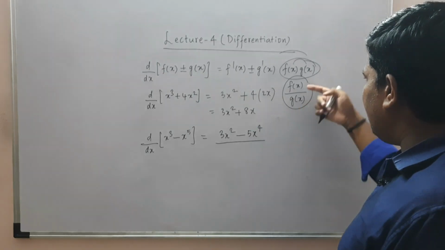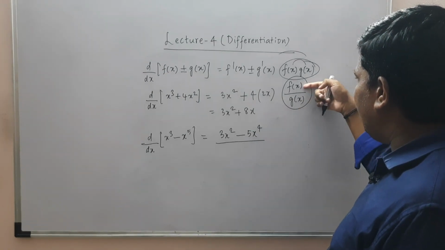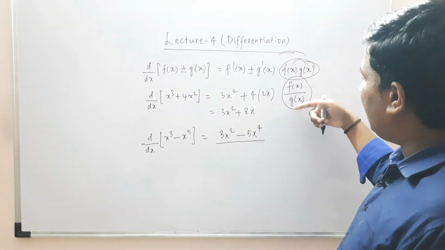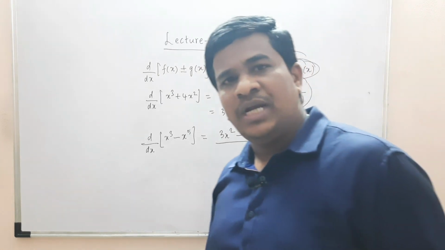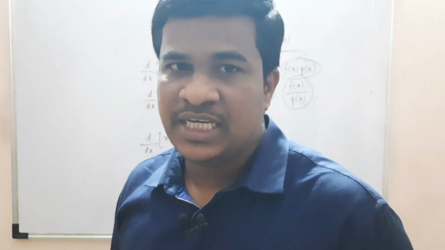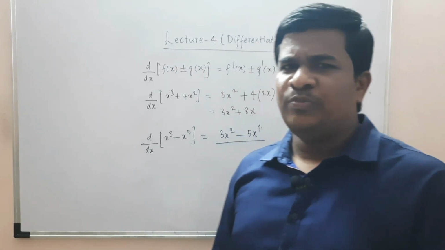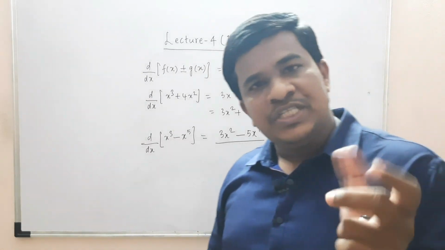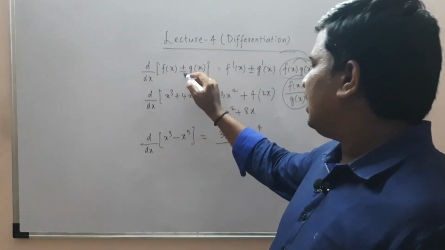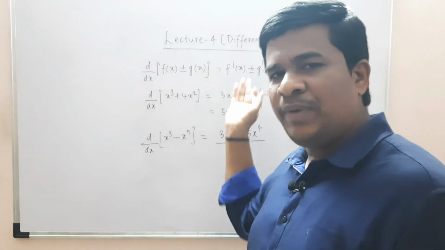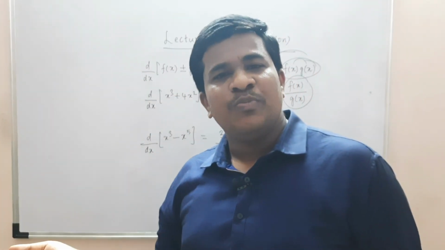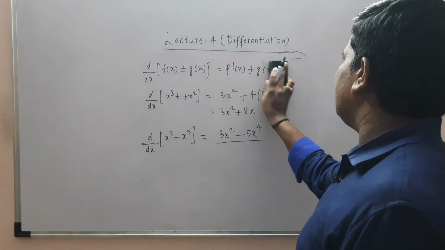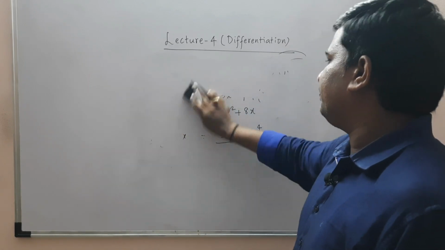Okay, and even in case of division, you cannot write derivative of f of x in numerator, that is f dash x, and writing derivative of g of x in denominator, then it becomes f dash x by g dash x. That is not the expected answer. So we have to be very careful when you have product of two functions and when you have division of two functions. So it would be easy to proceed with plus when you have plus. Okay, it is easy to proceed with minus when you have minus. Okay, now let us go for the third case when you have product.